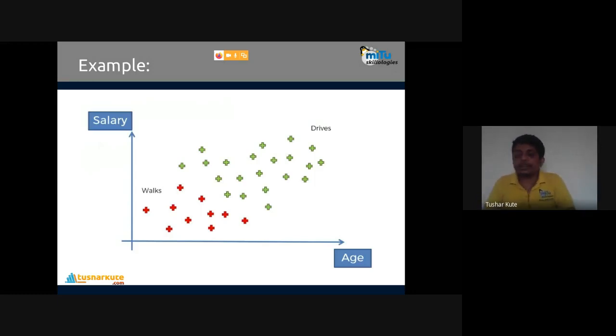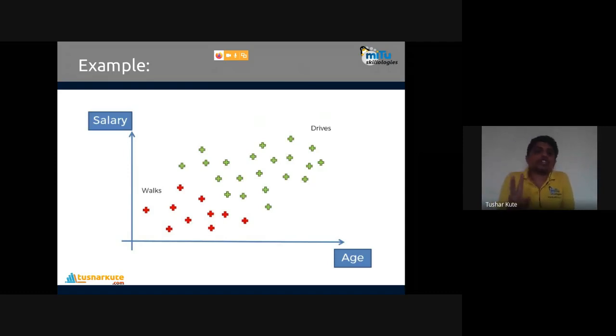Okay, that's what we need to know. Now let's have a revision of how this classifier actually performs the operations. Let's take an example of a data set. I have a data set where employees' information is maintained. So we have two different classes. Some employees come to the office by driving a car, some come to the office by walking. These are the drivers who have a car, and the red ones are the walkers. They come to the office by walking, that's why they are walkers.